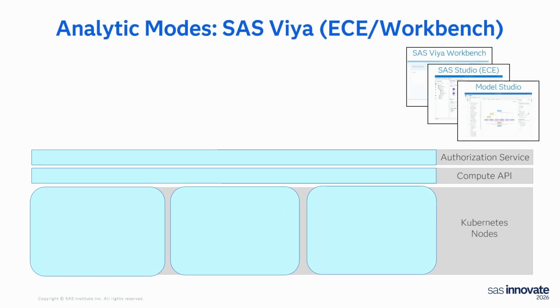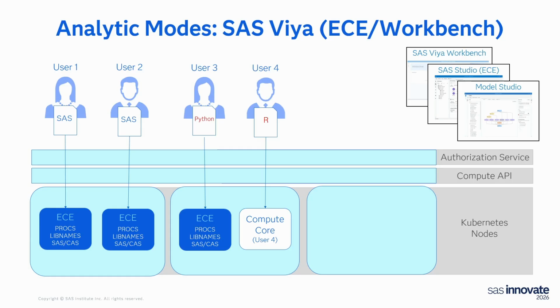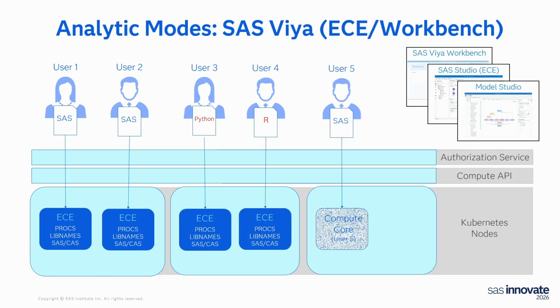More recently, since the size of nodes has grown, we've combined that and simplified the format. This started in the workbench, but has since progressed throughout VIA. And now when you log on in the ECE mode, you're going to get a node that's going to do everything for you. So that CAS server is hidden, and it's yours, and you probably won't know it's there, but it's going to make your analytics far faster. Same as if you did SMP mode for a CAS server. And so if one node is enough, that's great.